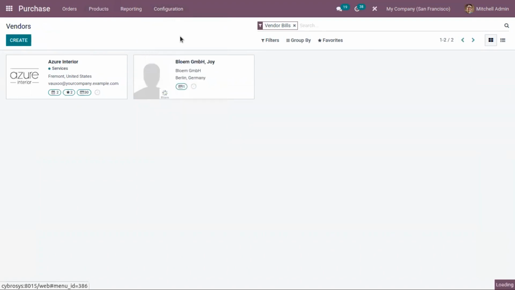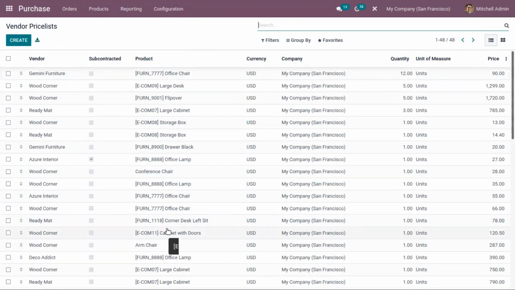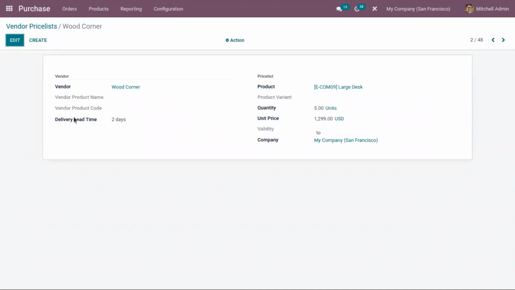Then here we can configure the vendor price list. So we can create a set of price rules for a specific group of buyers and for a specific period of time or for specific products. So businesses can make changes in the prices according to the competition in the market or as per some specific seasons and occasions. So here we can see the different price lists that we have created. We can view the vendor, then the delivery lead time of the price list, then the product for which the price list is created, for how much quantity, then the unit price.